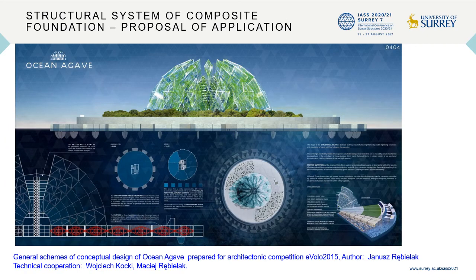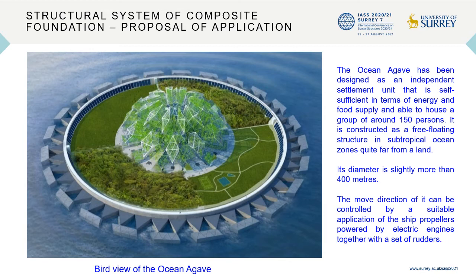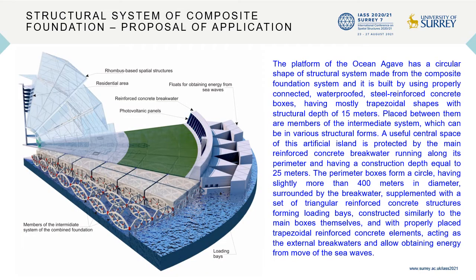The Ocean Arc is designed as a floating structure in subtropical ocean areas in the far distance from land, being an independent settling unit that is self-sufficient in terms of energy and food supply, and able to house a group of around 150 persons. Spatial modules of the system of composite foundation can be made as huge, mostly trapezoidal, waterproof boxes